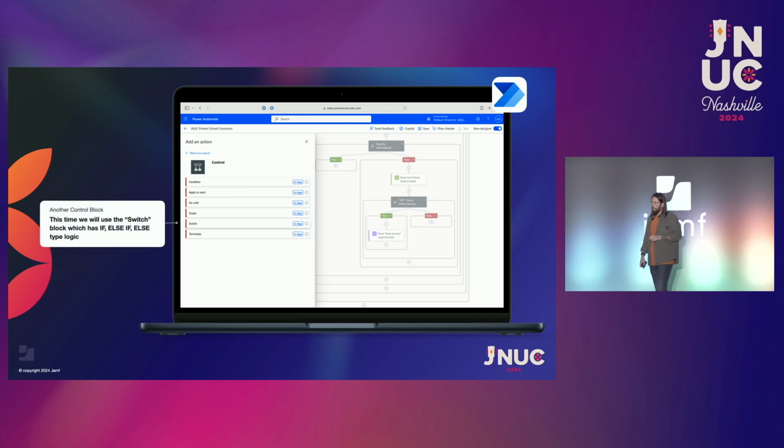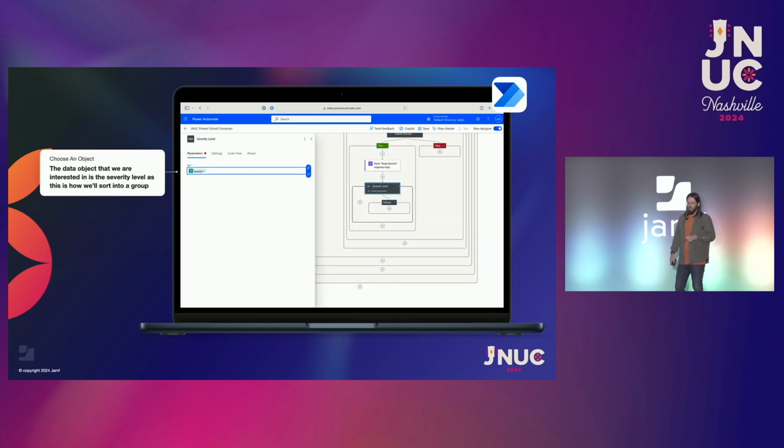So we're going to use a block that's called a switch, and the best way that I can describe a switch block is kind of like an if, else type of concept. If it's this, do this. If it's something else, do something else. And the first box that we're going to add is our low severity. So we want it to be switching on that severity